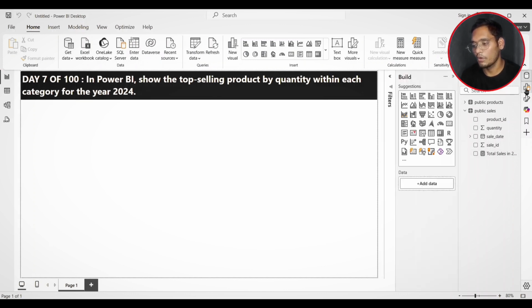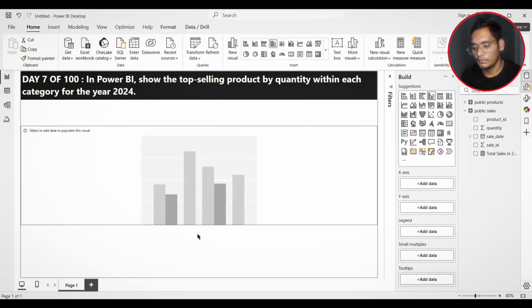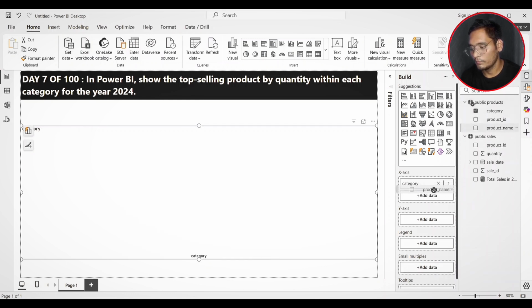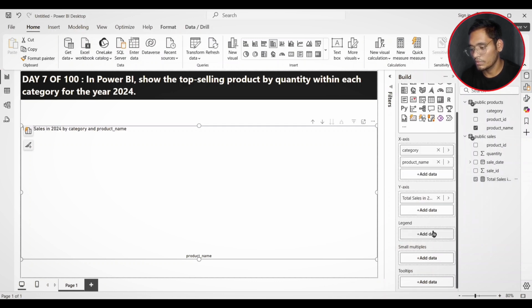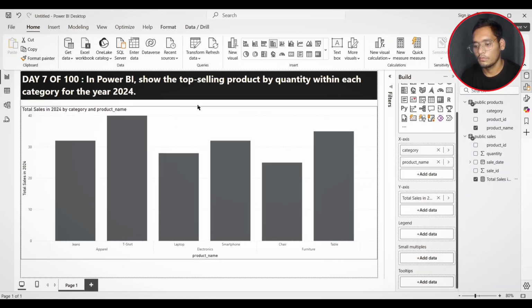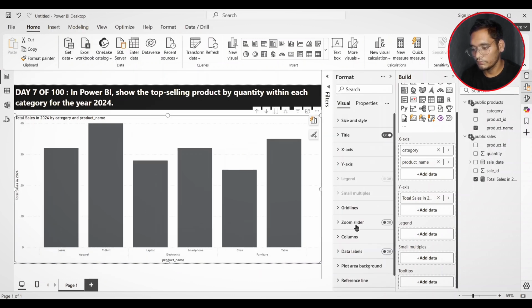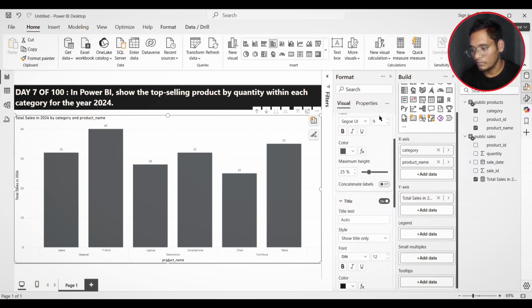Now let me create a column chart here. Okay, let's take this clustered column chart. And on the x-axis, let's take this product category and the product name. Okay, on the y-axis, let's take total sales in 2024. Now let me format this column chart here. Let me show the data labels and let's increase the size of x-axis values to 14.